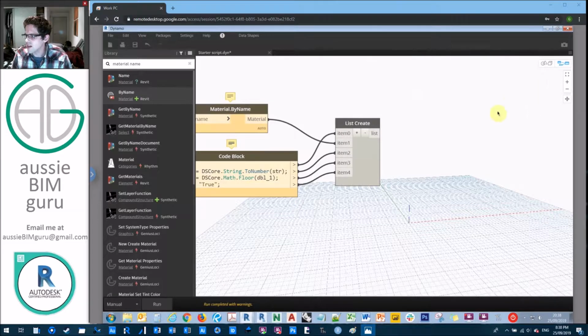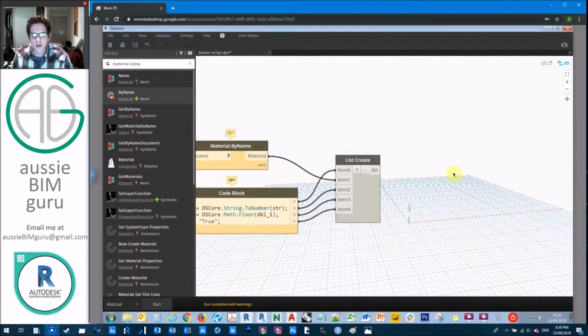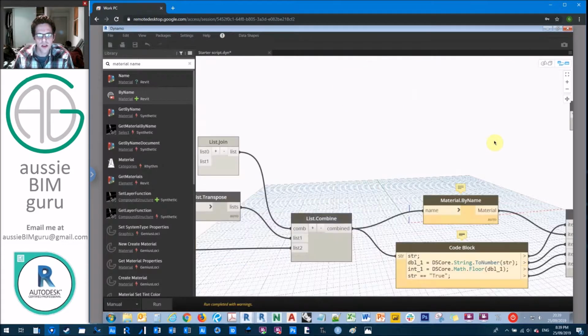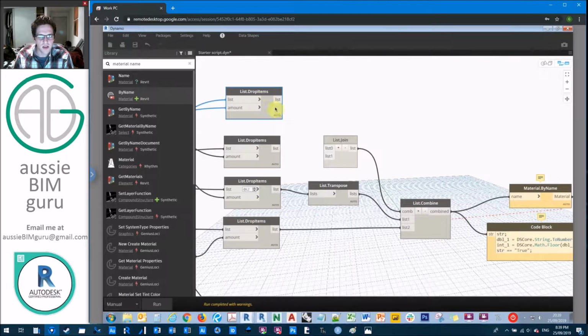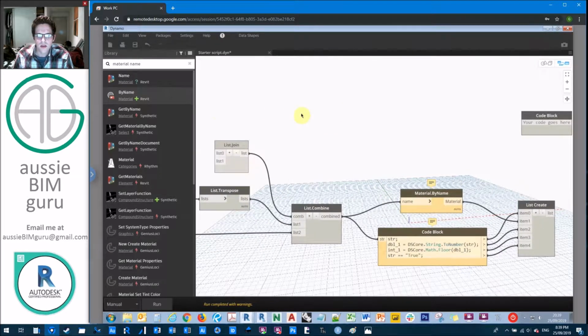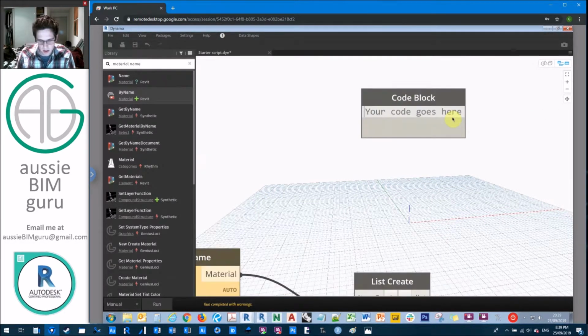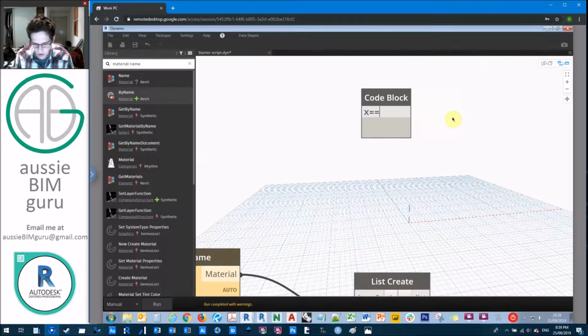So we're going to run another code block at this point to detect the right indices to obtain these lists from in order to put our data back together. So we're going to build a big if code block at this point to detect what indices we should be using. So we're going to use our data list as an input. So back here we have a list of our data types at each respective list index. So you can see we have strings, doubles, booleans, integers, and materials. So I'm going to connect this up to a code block, and I'm just going to call it x that we're analyzing. And I'll say if x equals material,